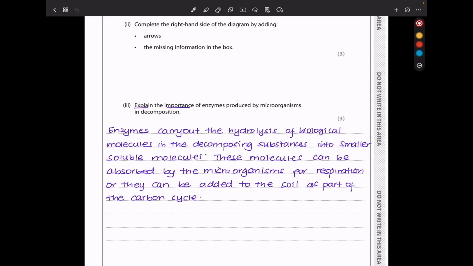And next is explain the importance of enzymes produced by microorganisms in decomposition. These enzymes are released, they carry out hydrolytic reactions, breaking down the bigger molecules into smaller substances that are soluble so that they can either be absorbed by the microorganisms or some could leach into the soil. So I said enzymes carry out hydrolysis of biological molecules in the decomposing substances into smaller soluble molecules. These molecules can be absorbed by the microorganisms for respiration, or they can be added to the soil as part